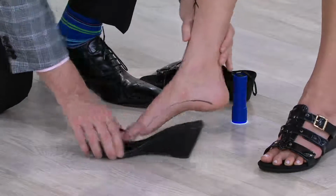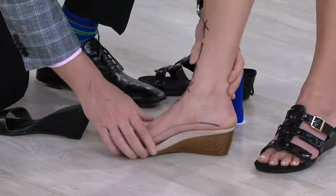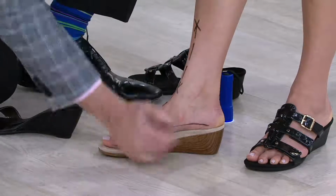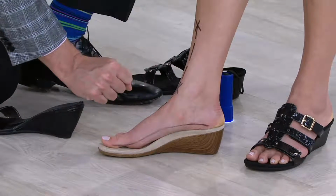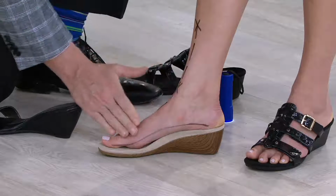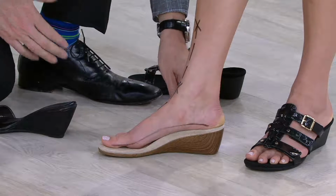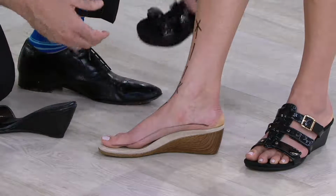Let's just slip Kylene out of that though, and let's put her into the footbed. So this is the park footbed, or the park unit. And look at that difference in support. So now she's really just sitting into this footbed now, and you can see how that technology is really hugging the contours of Kylene's foot, and she's getting that support, especially around the forefoot. But look, just trying to shine that flashlight there, nothing coming through there. So you can see there that her foot is totally supported,